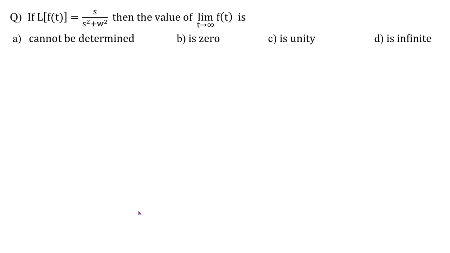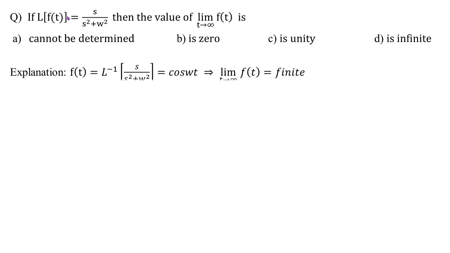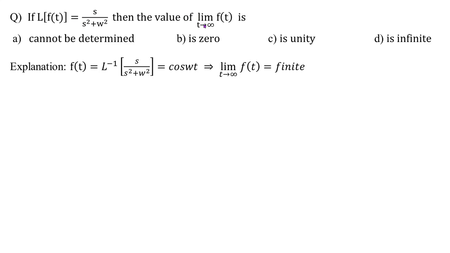Okay, the next one. If Laplace of f of t is this, then the value of the limit as t tends to infinity of f of t is required, right? So these are the 4 choices given. As the limiting value of f of t for t tends to infinity is required, we will first work on evaluating f of t, right? As the Laplace is given, when we take the inverse Laplace of this, we will get f of t, right? So f of t is nothing but inverse Laplace of s upon s square plus omega square, which according to the formula is